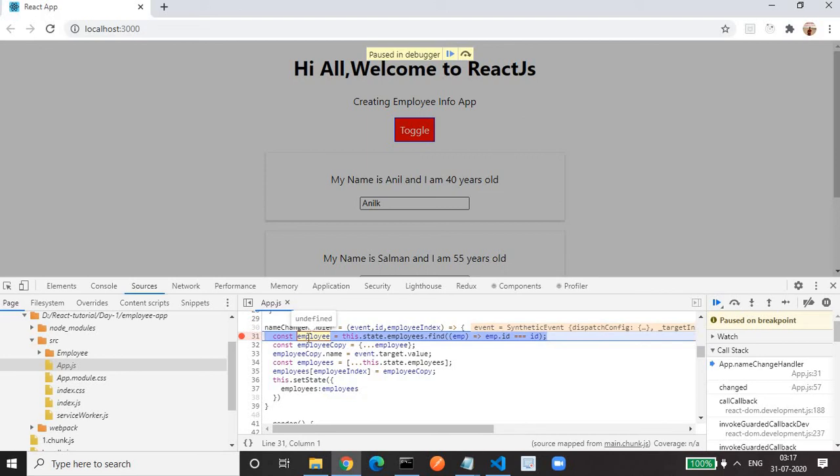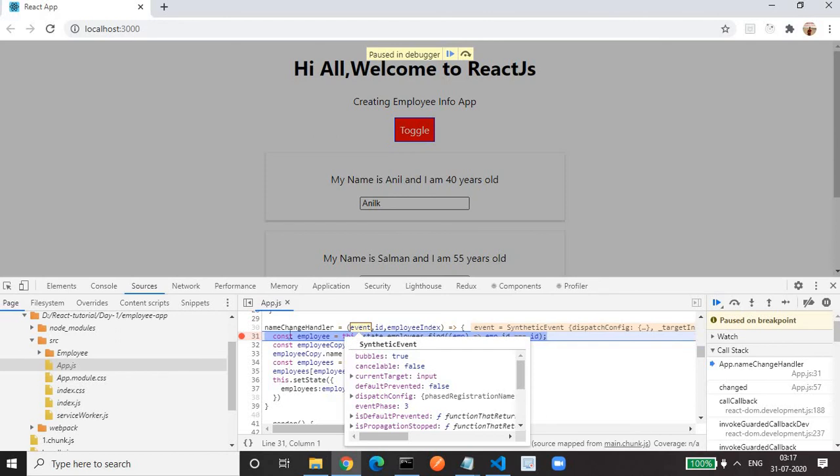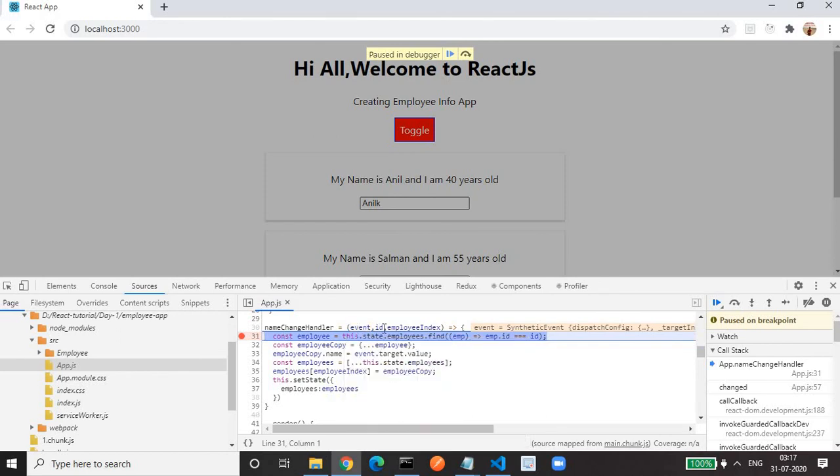Okay, and we can see the ID that we have received. Employee index is 0 because this is the first element, and ID is 1. We will get the information about the event because this parameter has already been executed, and here this line is not executed, that's why we are getting undefined.